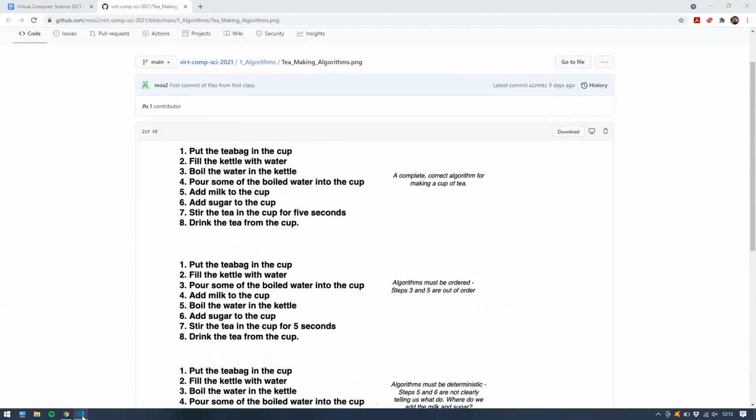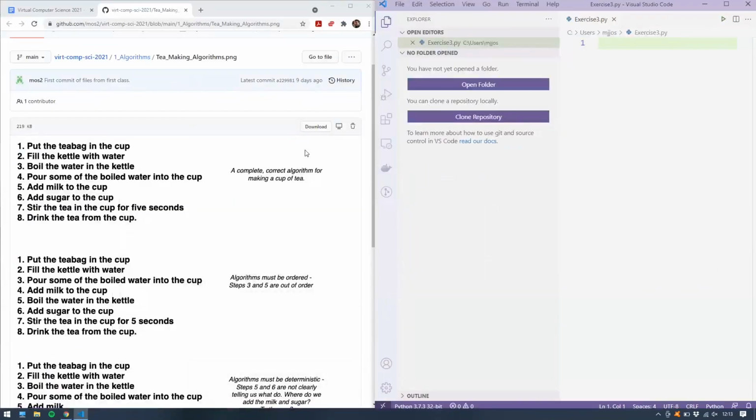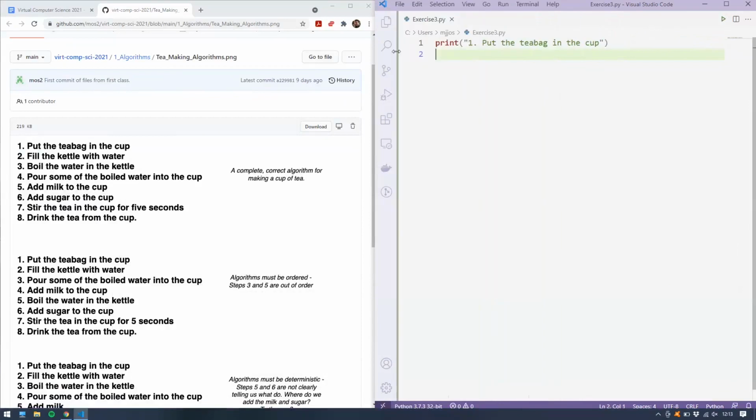So bear with me. I'm going to move that over there, and I'll move this over here so I can see both. So I've created another exercise file for this, and I'm going to go print. We're going to start with number 1. Put the tea bag in the cup. I'm going to make this a bit smaller so I can see what I'm doing. Print